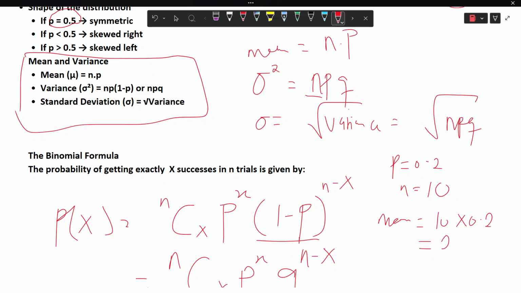Which is giving us 2. Now let's find the variance. The variance is given by N times P times Q. N is 10, P, the probability of success, is 0.2, and Q, the probability of failure, is 1 minus the probability of success, which is 0.2, giving us 0.8. So now you're going to have 10 times 0.2 times 0.8, which is giving us